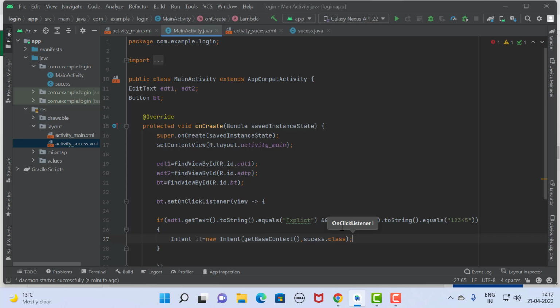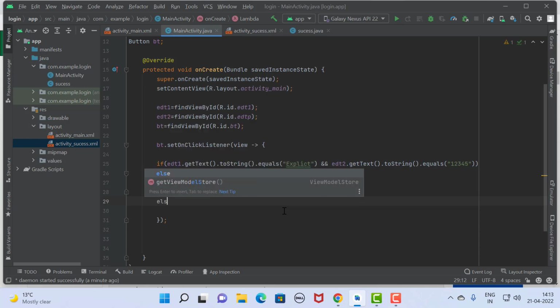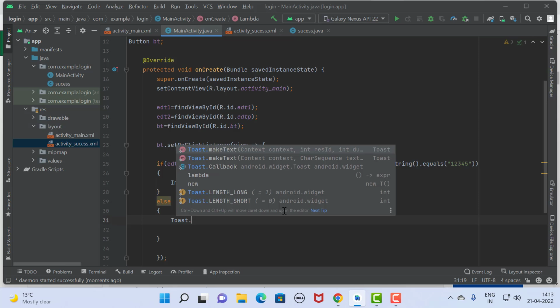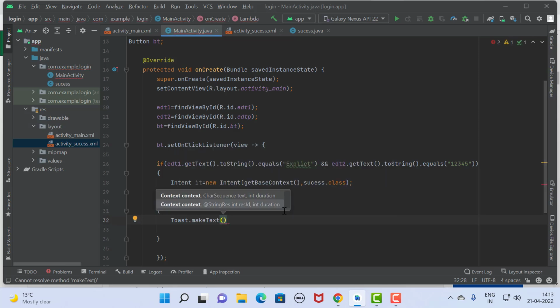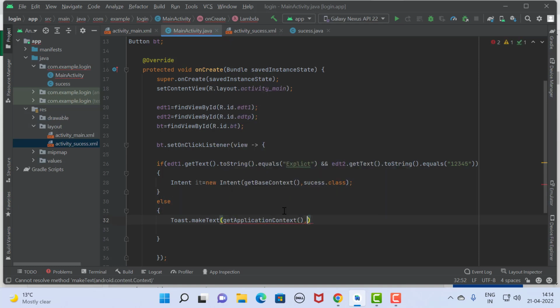So what it does is, if our username and password is correct, then your login is successful, and if your login is successful, then you should move forward to the next activity, which is called success. So this type of intent is called the explicit intent. And in else we mention one message using Toast.makeText. Here getApplicationContext, message